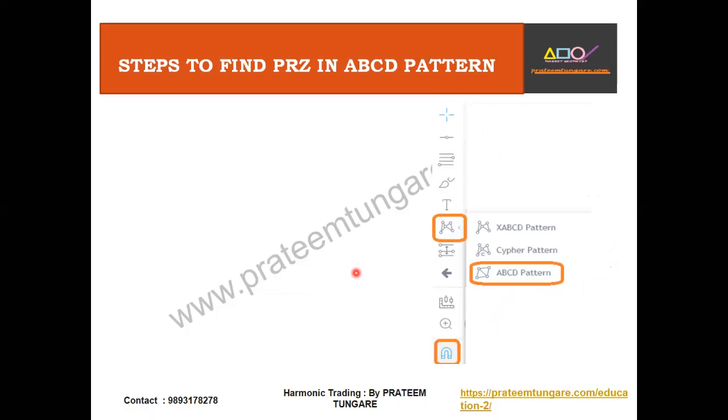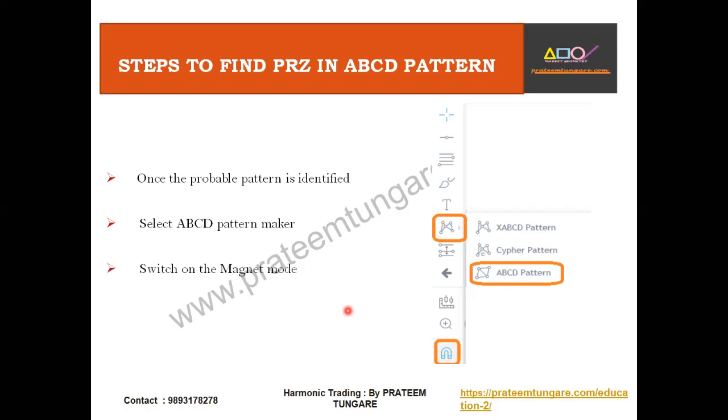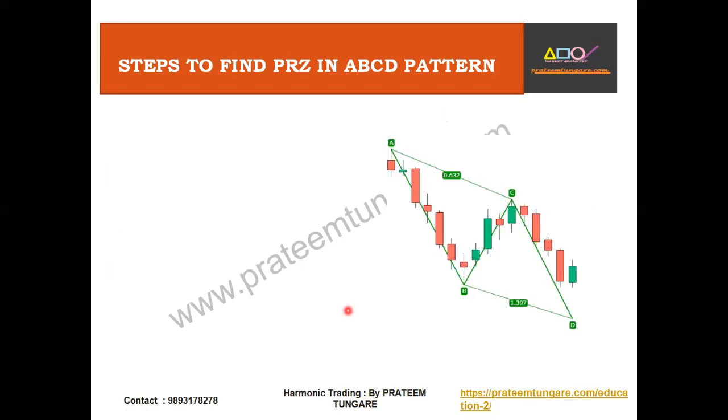After that, in the chart, whether investing.com or tradingview.com or your broker's chart platform, you will see a pattern maker on the left, from the top one, two, three, four, five, sixth. In some cases, you would get a sixth or seventh pattern maker. Select the ABCD pattern and switch on the magnet mode. This is the pattern maker that is given in all the chart platforms. After switching on the magnet mode, you don't need to select the exact high or exact low. It will automatically select it.